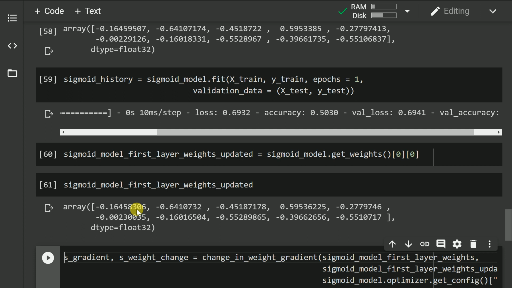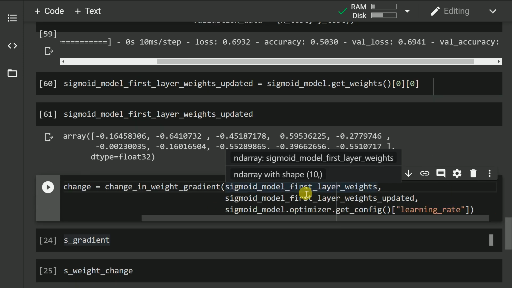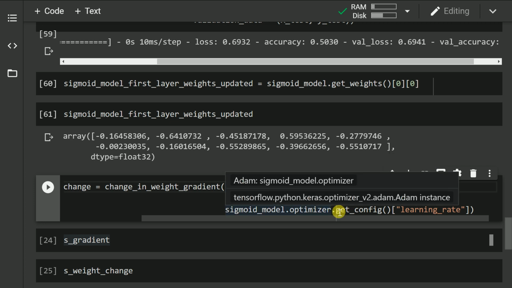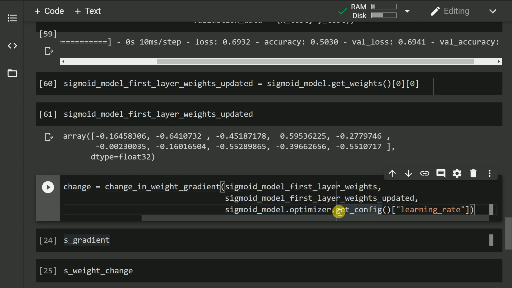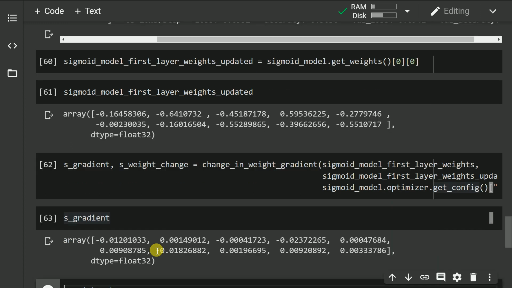And in order to calculate the gradients that have flowed into the first layer, as well as the percentage change in the weight, I will pass on these values, that is the sigmoid first layer weights, that is the initial weight values, the updated weight values, and also the learning rate of the model. Since I have not specified any learning rate during the model definition phase, I will catch hold of the default value of the learning rate. So let me run this cell as well. So let me now show you the gradient values in the first layer of the neural network. So as you can clearly see, these are the gradient values that I have in my neural network, which are